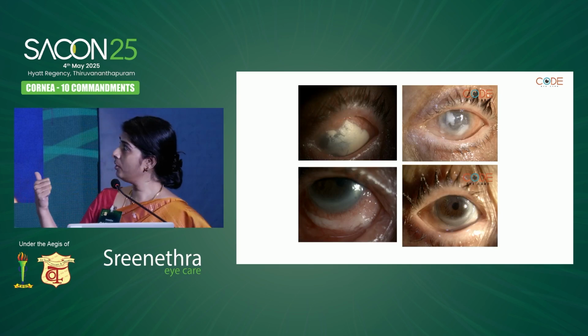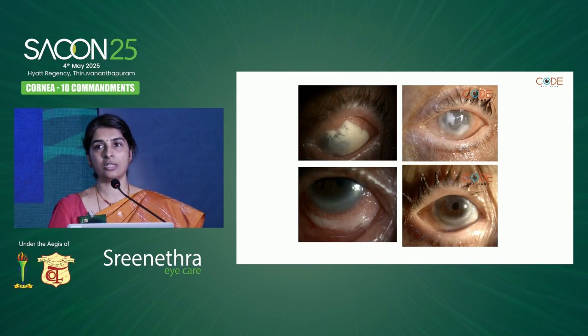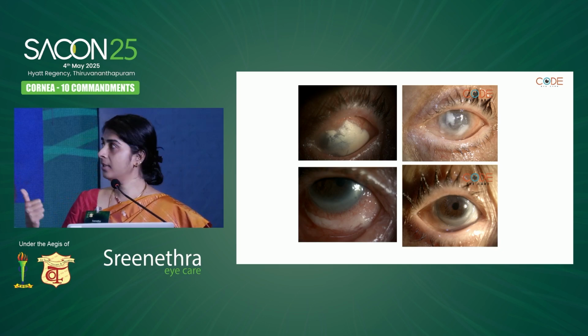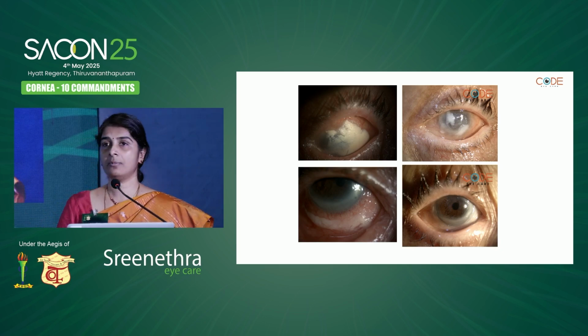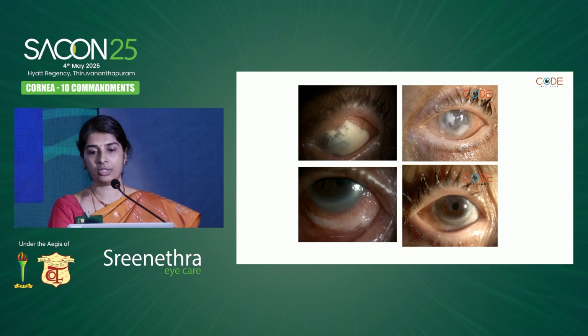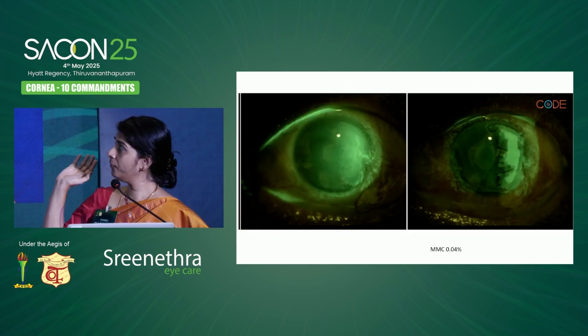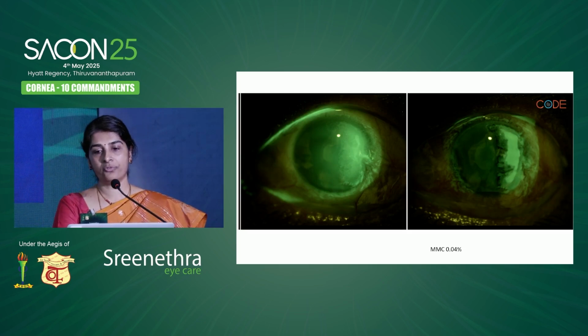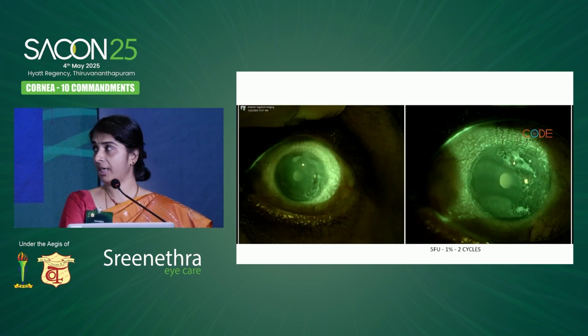This was a patient with bilateral keratinization where we were highly suspecting OSSN, but on biopsy it turned out to be a patient of OCP, and the surface significantly improved with the use of immunomodulation. This is a classic case of corneal intraepithelial neoplasia, which also resolved very well with the use of 5-FU.